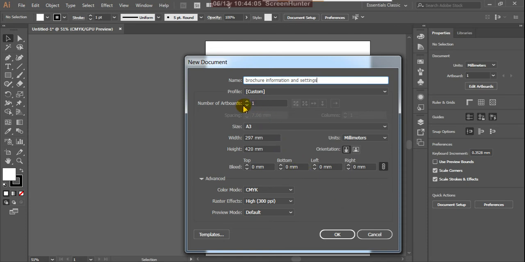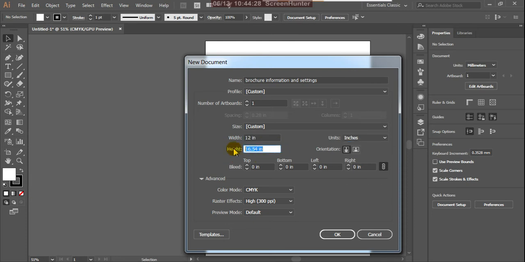Then here number of artboards I'm using one only, but the size I'm giving, the width 12 inches. It is showing units in millimeters, you can change it into inches. Here 12 inches by height 9. So width is 12 inches and 9 height. So 12 by 9 inches the brochure.